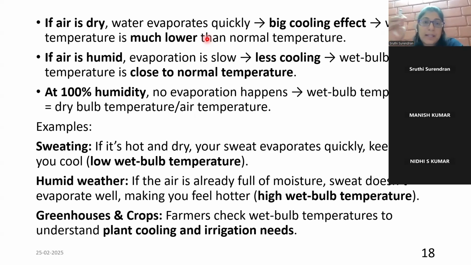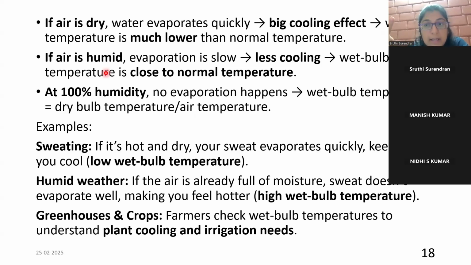So in such conditions, we say that the wet bulb temperature is high, that is closer to the normal temperature. Now, what happens at 100% humidity? Now, this condition was when the air is humid. The air became so humid that 100% humidity has been reached. There is no scope for any